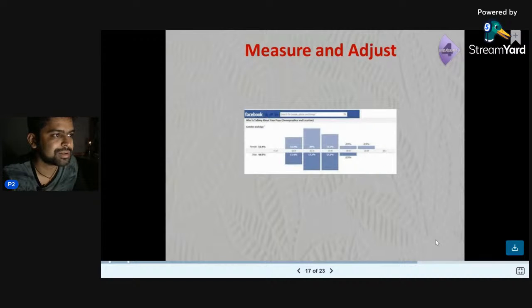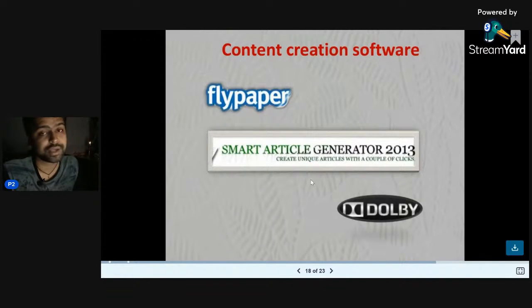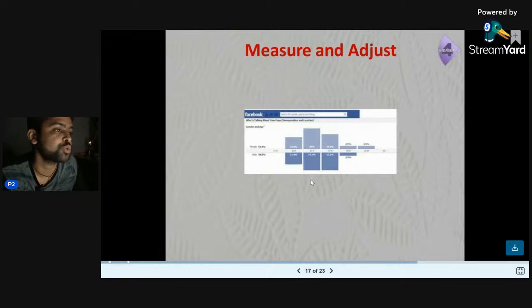Most people think that publishing content is the final stage of content marketing, but that's not the case. If you are not doing it for business, if it's just a personal profile, or if you are doing it as a hobby, then it makes sense that you are not measuring analytics. But if you are doing it for business, with some goals, then you should measure the analytics. As mentioned, Facebook has its own analytics, Instagram has its own analytics, and it's important that you track those numbers and get some insights.